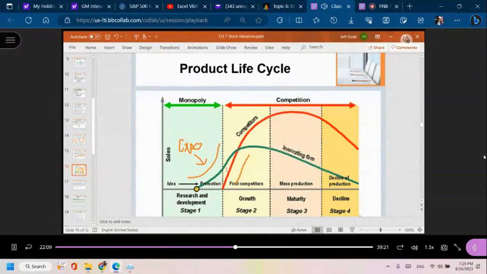So the innovative firm is enjoying a period of monopoly. That means, before the competitors come into the market, they are enjoying the monopoly because they are the only one. And when the innovative product is gaining so much popularity, then the competitors enter the market. Of course, let's call this Apple, and let's call this Samsung and Motorola, and technology-wise, they have different